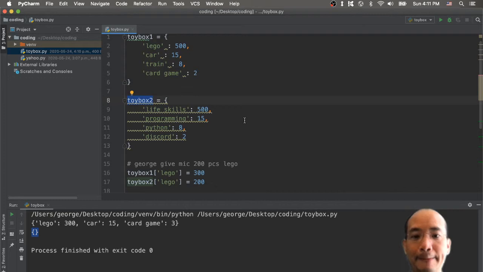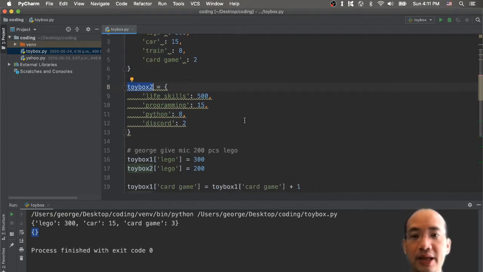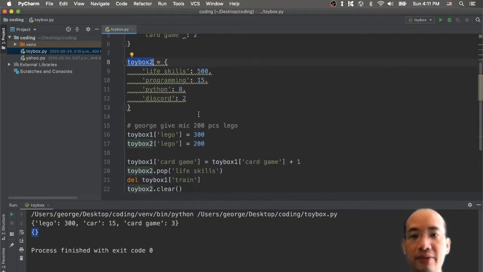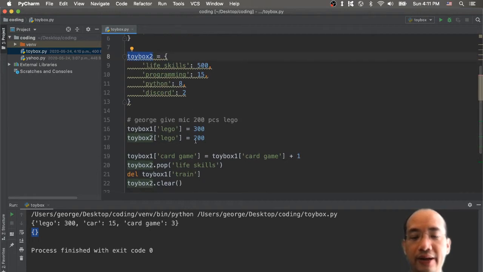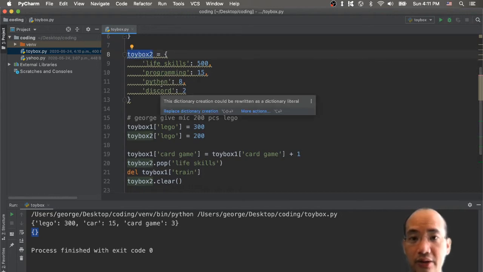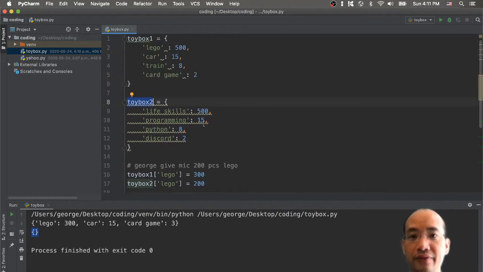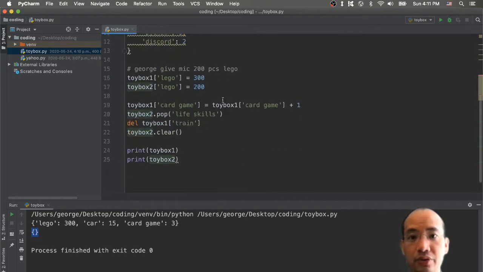Okay? And don't forget there's one keyword called in. We haven't used that yet. It's just to check if there's anything in my toy box 2 or not. For example, you can check if I still have Lego in my toy box 1 or not. You would do